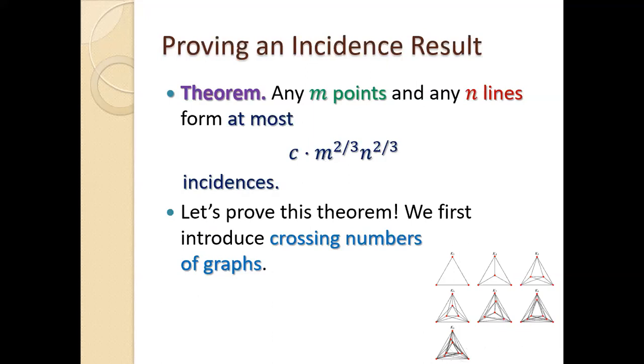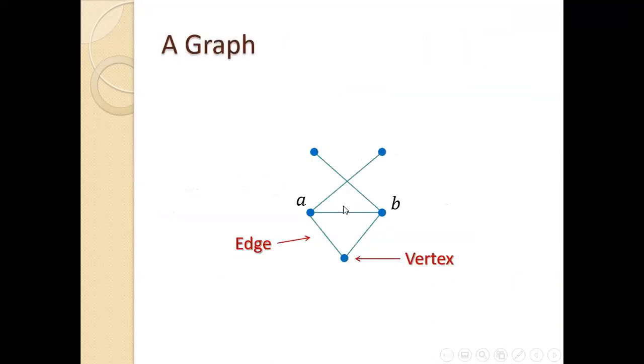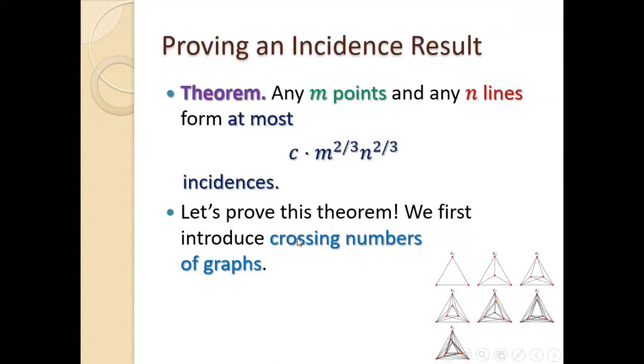There are several very different proofs of this theorem. I chose one that I think you can understand in less than half an hour now. I'm going to use something that's called crossing numbers of graphs. This proof, that's the tool it uses. So let's first see what that is. I'm going to guess that some of you know what graphs are and that some of you don't know. So let's still see what a graph is.